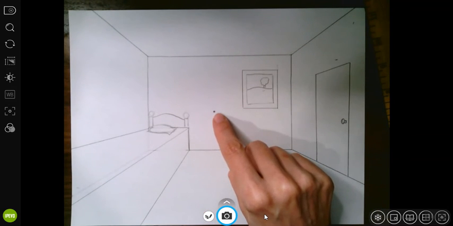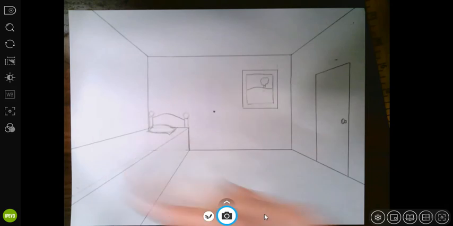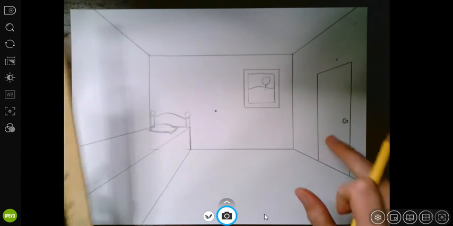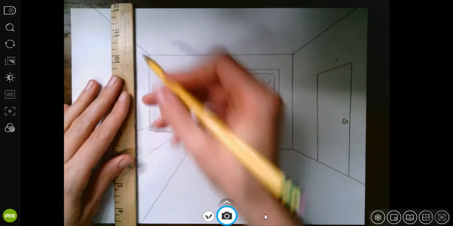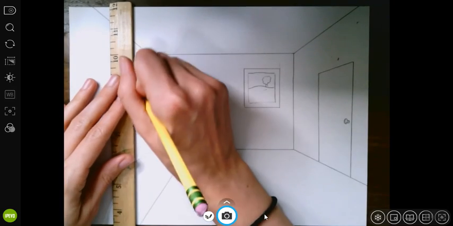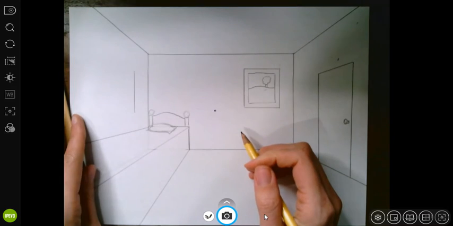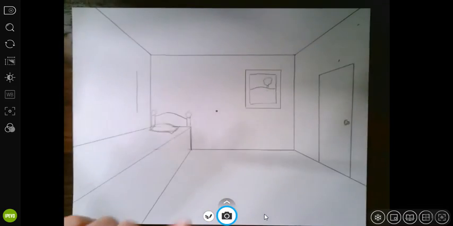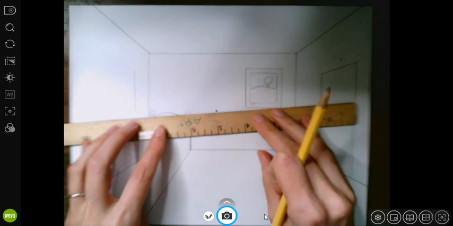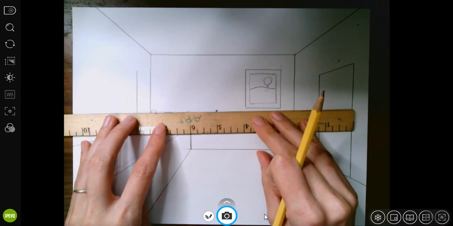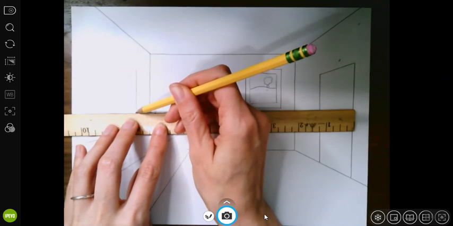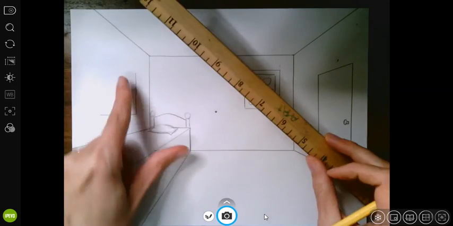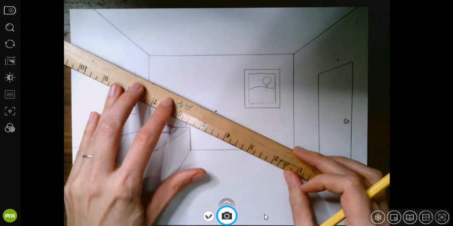So I'm just going to show one more thing. I'm going to add a window over here, and then you guys can just sort of play around with it. So if I want to add a window here, just like with the door, I do my straight line that goes up first. So maybe I would have it be about that long. And then this line and this line are going to have to line up to that dot. So I'm going to take my dot, put it in line with the bottom of this, and decide how long I want my window. And then do the same thing on top. I'm going to line it up to that dot,